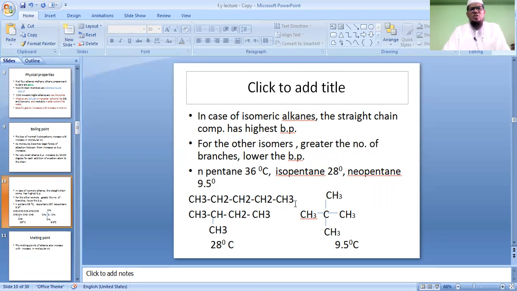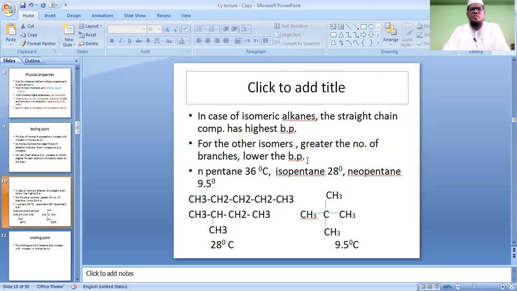अरेंज इन अ स्ट्रेट चेन, इसका बॉइलिंग पॉइंट कितना है 36 डिग्री सेंटीग्रेड। उसके बाद आइसोपेंटेन, इसका जब हम देखते हैं तो 28 डिग्री सेंटीग्रेड। और नियोपेंटेन टर्शरी कार्बन एटम, ये है टर्शरी कार्बन एटम विच इज अटैच्ड टू 4 कार्बन एटम्स which has boiling point of 9.5 degrees। For the other isomers, greater the number of branches, lower